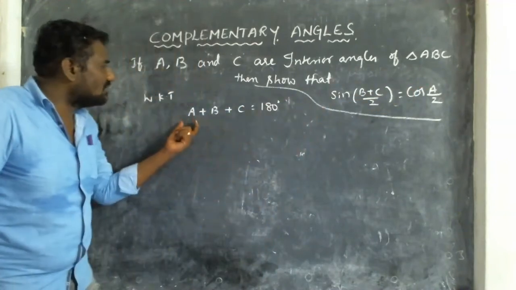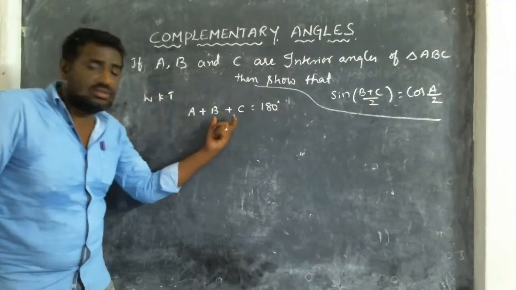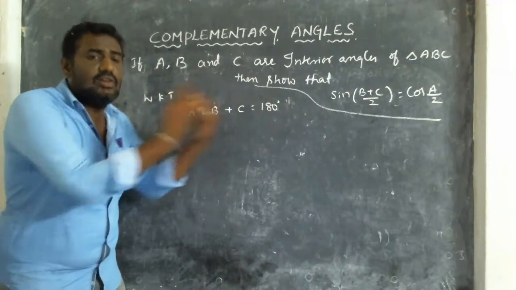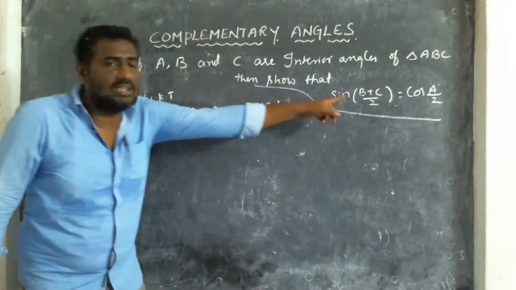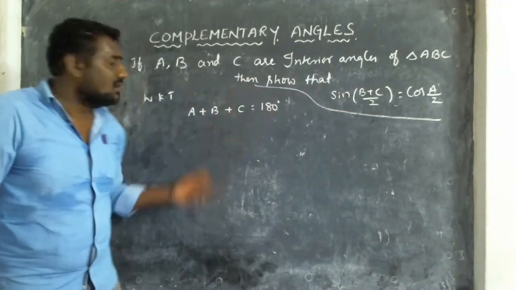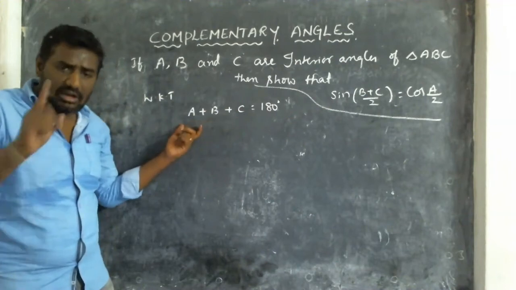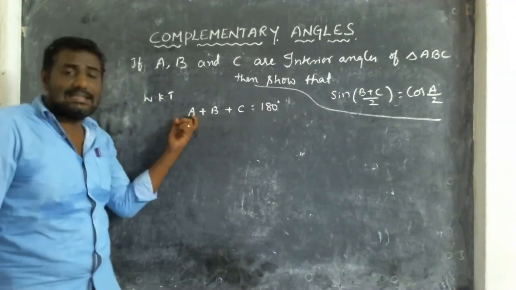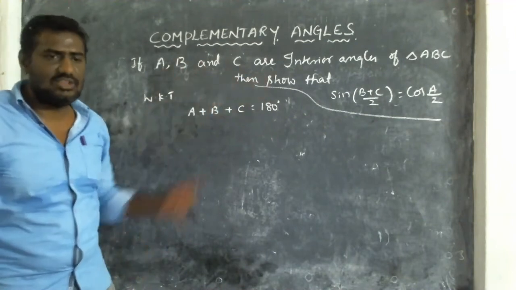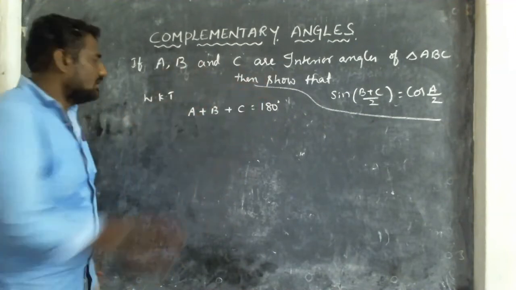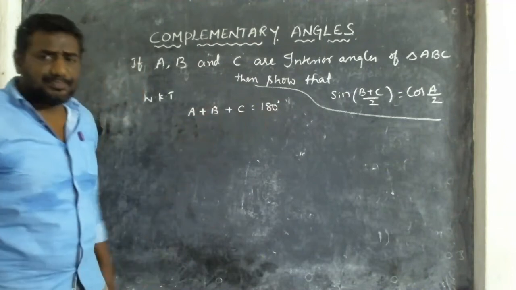So here also we have to send the A to the other side. B and C should be on one side, A should be on the other side, because in my answer also it is like that only. Here A, B, C are all three on one side only. So from this I send A to the other side. So in this problem you have to follow our answer. Always you have to follow our answer. So here I will send the A to the other side.